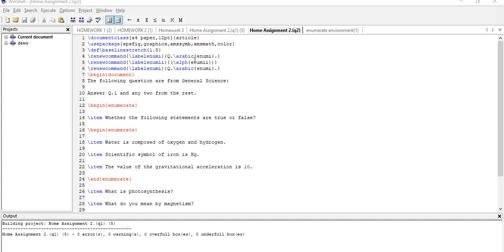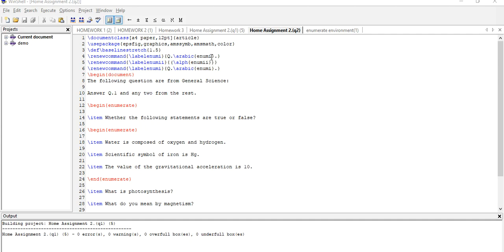Okay, so first let me tell you what is the function of enumerate environment, what we can do on that. In enumerate environment, inside another enumerate environment, the inner environment will belong to an item of the outer environment. A maximum of 4 enumerate environments can be nested one inside another, producing a hierarchy of items. Okay, so only a maximum of 4 enumerate environments are acceptable. More than that it is not acceptable. It will create an error.